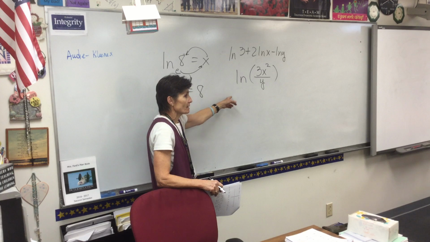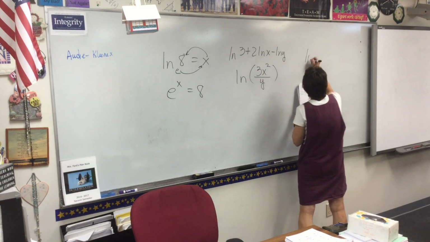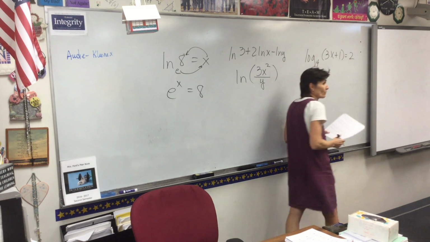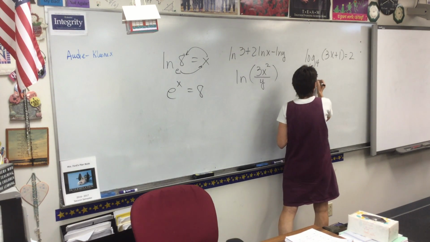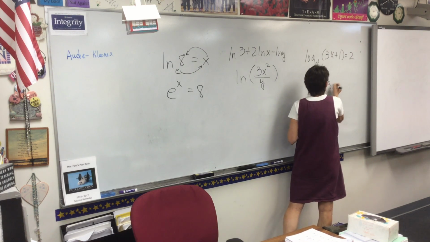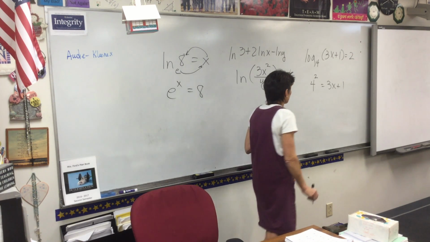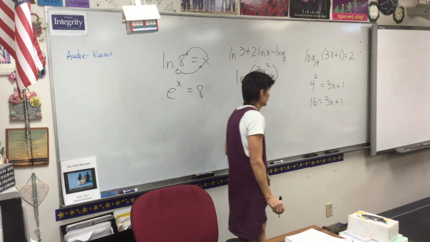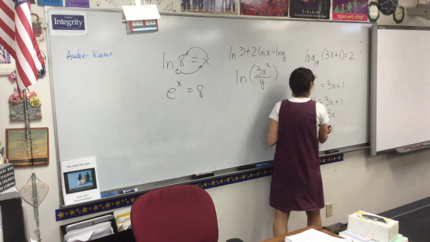Okay, these 2 problems take about 5 seconds each. You can do these. These are easy. I think 19's easy. Loop-de-loo. Exactly. When there's only one logarithm in the problem, you just jump straight to loop-de-loo. So this would say 4 squared equals 3x plus 1. So 16 equals 3x plus 1. 15 equals 3x and x equals 5.